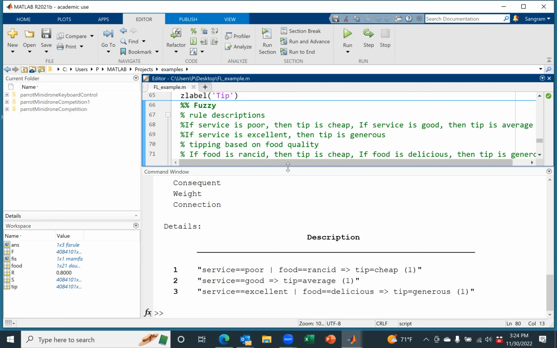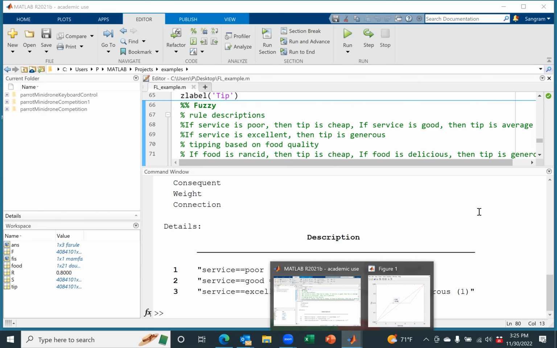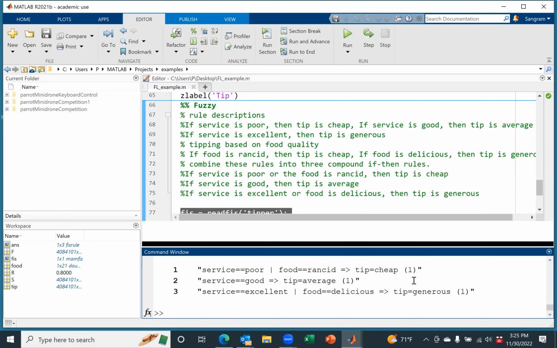But the problem is, what happens once we are in this vague section? What do I mean by vague section? If the service is good and the food is rancid, or the service is good and the food is delicious, what happens then? So basically, what I have done is I have encoded the human knowledge, my understanding, my interpretation, into a mathematical algorithm. And now what you can do is you can actually look at this,